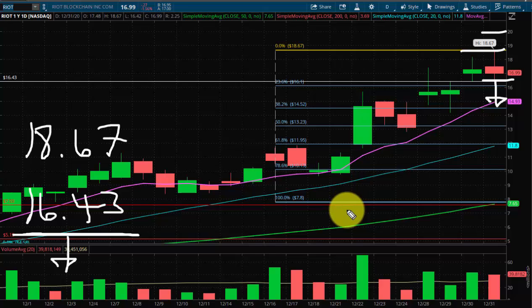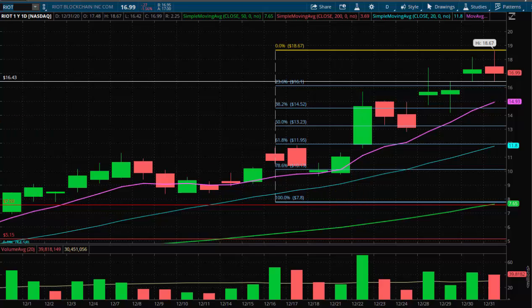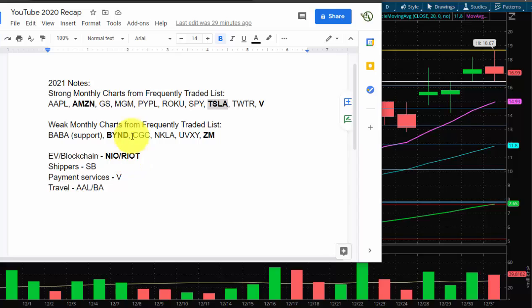So I kind of want to simplify this before we wrap it up with a couple more groups. It'll just be a very brief note on those couple of groups. Amazon, Tesla, Visa, noteworthy monthly charts. Options traders, you should be looking at those on a weekly basis. You don't have to watch each one of them every day, but on a weekly basis, keep checking in on them and see if they're setting up. Tesla's the one that's setting up right now, but that's because it had a huge Friday.